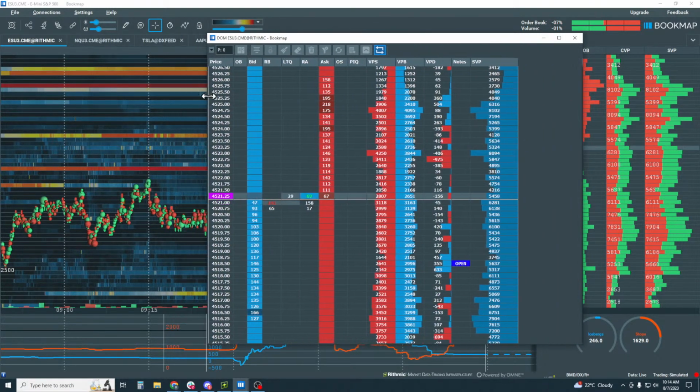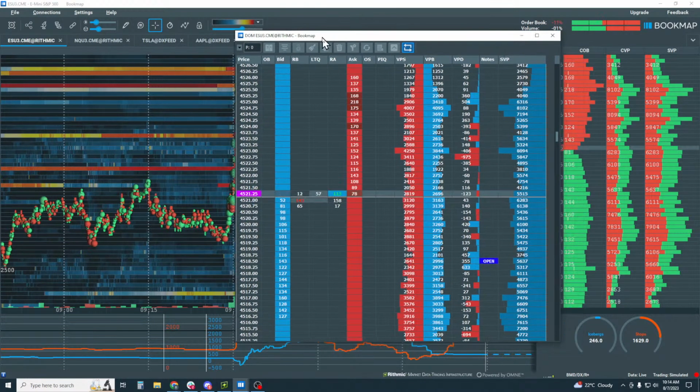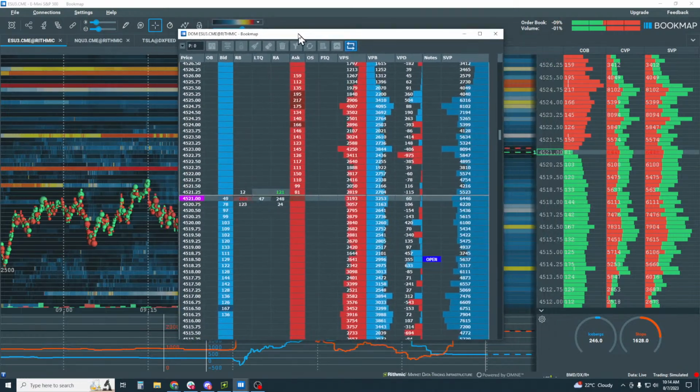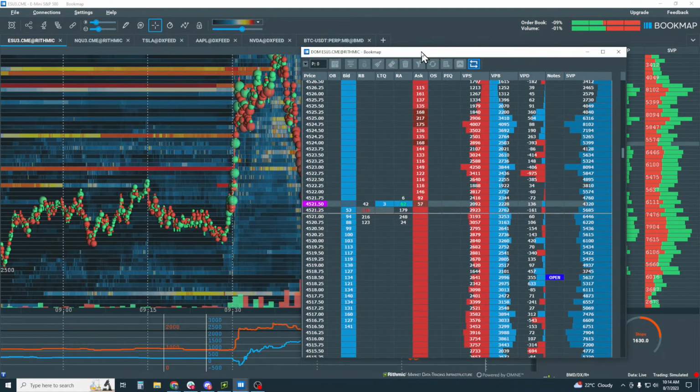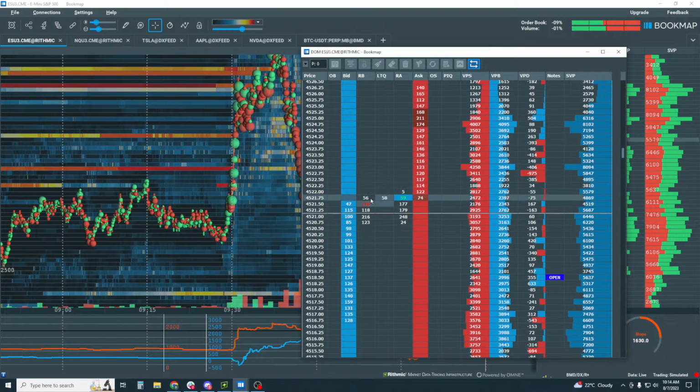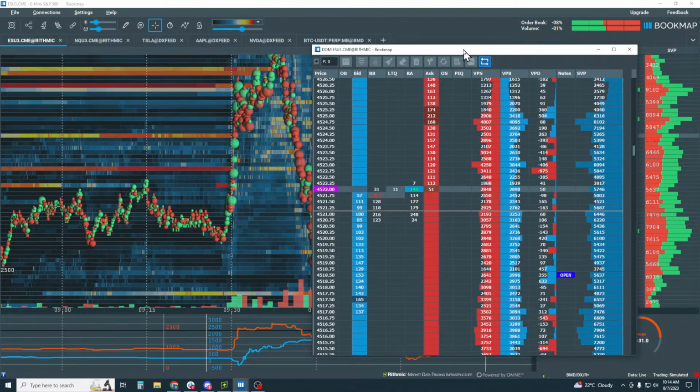However, it is fully functional with all sorts of different execution in here. It is a separate window from Bookmap. You can see that this floats around. You have your price ladder, and you can start to understand bids, offers, inside markets, whatever it is that you want to look at. Dome.